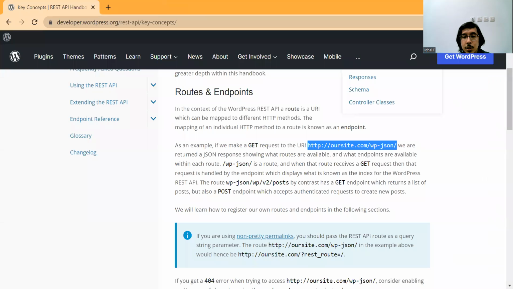I suggest you use another application such as Postman. In Postman, you can find GET and how to take the GET information.